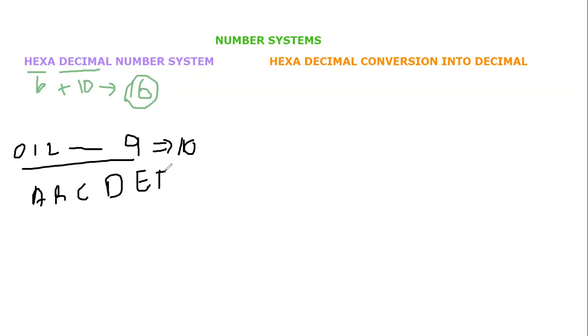If you count them, these are six alphabets. So the numbers 0 to 9 and then A, B, C, D, E, F make up 16 symbols or 16 numbers to be used in this hexadecimal number system. That is why it is also called an alphanumeric number system, because it contains both alphabets and numbers as symbols.